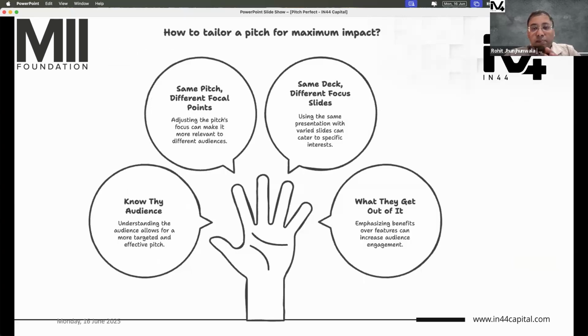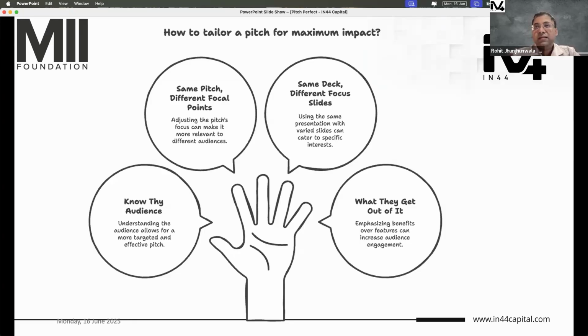So, one pitch, you can use it for multiple different purposes. For example, if you have a very detailed pitch, which contains your business aspect, your technical aspects, your fundraising aspect, your financials, your traction, everything that is there, depending upon whom you are pitching to, you can actually focus on different slides. For example, if you use the same pitch and suddenly you are asked to present to someone, an investor says, you know what, somebody reached out to me and said, you're a good company. Can you present to me in the next half an hour or 1 hour? You will have to understand whom you're pitching to.